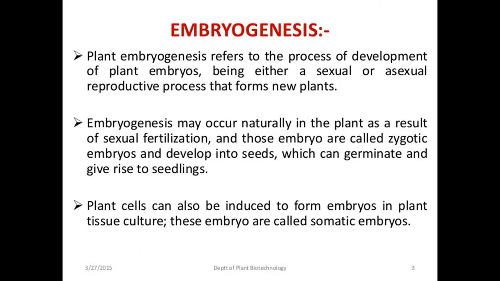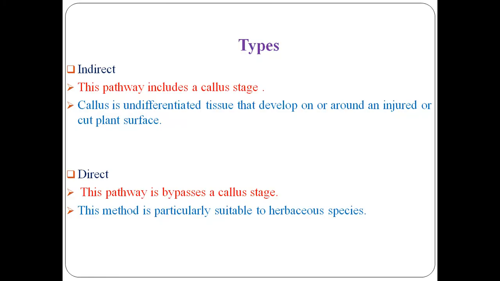Next one is embryogenesis. Embryogenesis is the process where the development of a plant embryo, being either a sexual or asexual reproductive process, forms new plants. Okay, so it can occur naturally, and it results from self fertilization, and the embryos are called zygotic embryos that develop into the seed and can germinate and give rise to the seedling. So plant cells can be induced to form embryos in plant tissue culture, and these are somatic embryos. So there are two types of embryogenesis, indirect and direct. Indirect embryogenesis is the path including the callus stage, and direct is the path including the